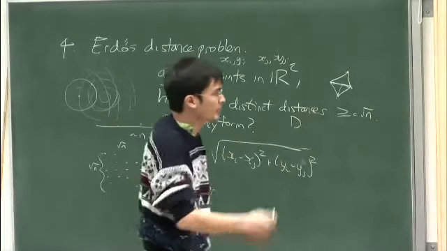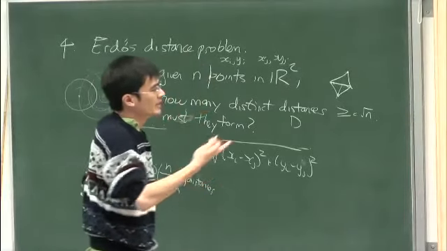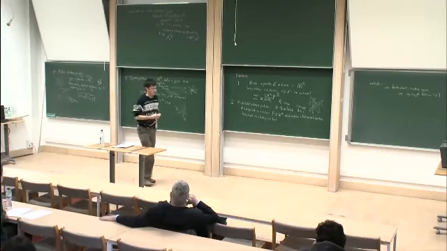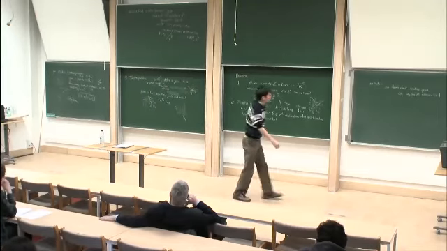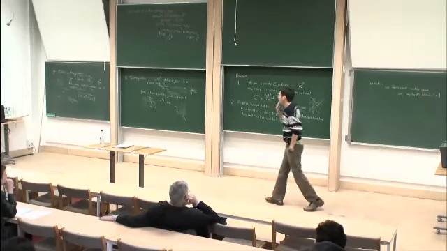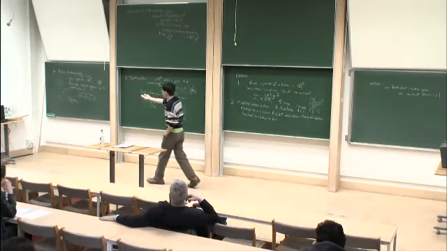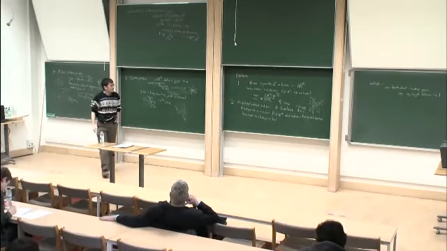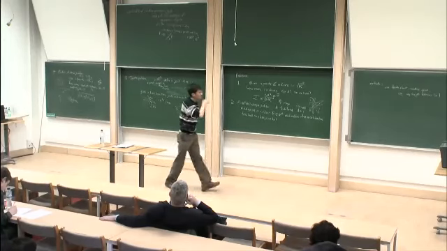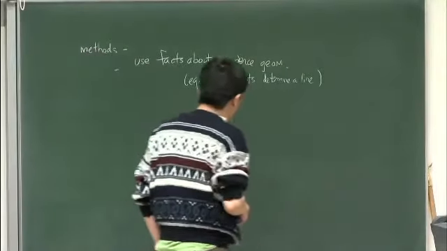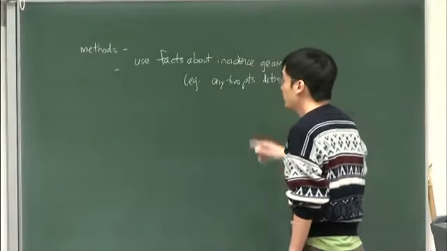Okay, so that's a very simple example of using a very basic fact of incidence geometry, which if you like is sort of level 0 algebraic geometry, to do something. Okay, but as you can see, you don't get sharp results. You want something of order n, and here I only get something like root n. Okay, so typically these bounds don't work directly, but what you can do sometimes,